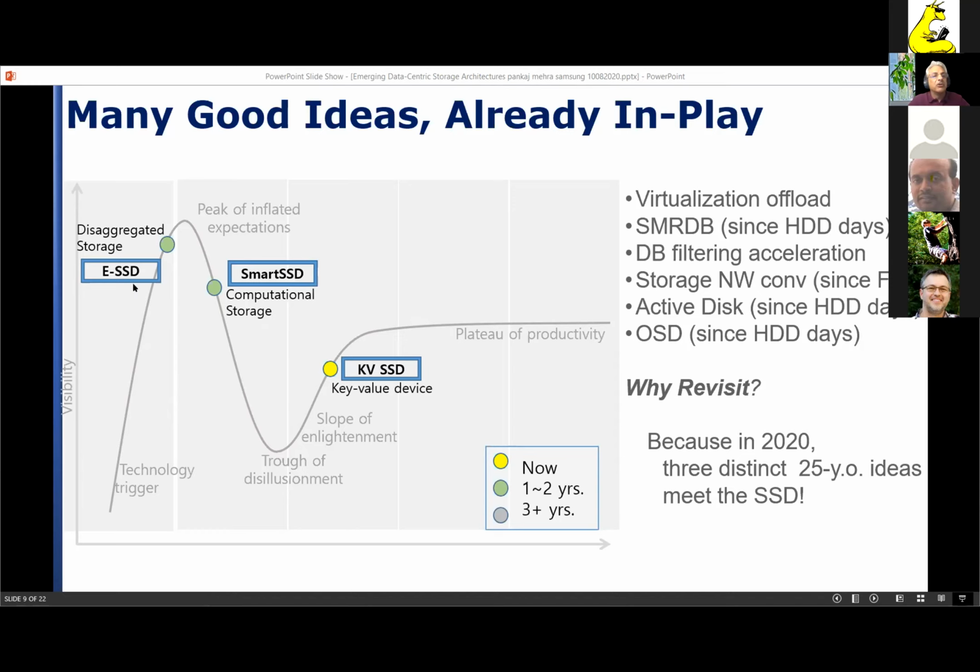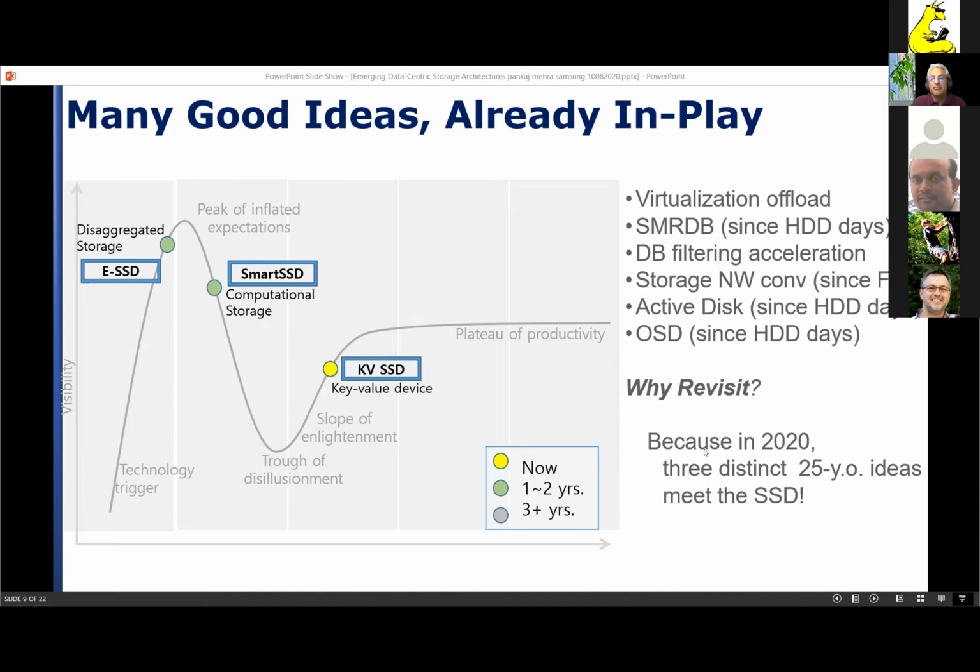Likewise, my colleagues explained Ethernet SSD, and some of you know from previous work in Ceph and RocksDB how KV SSDs can help. So I will not revisit that. But I just want to point out that these ideas that existed at system and software level for over 25 years are now coming into the SSD.